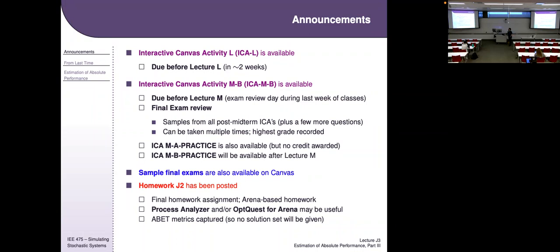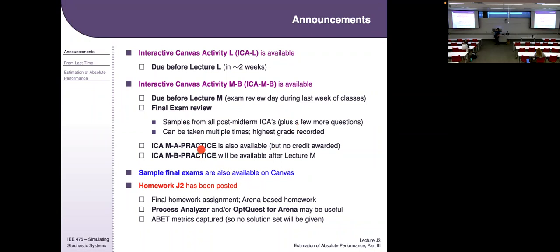And then after that, the only other ICA is this final exam review ICA, due for lecture M, which is our final exam review lecture. It samples for all the post-midterm ICAs, so it's similar to the practice ICA for the midterm. It's taken multiple times, 5 grades recorded,